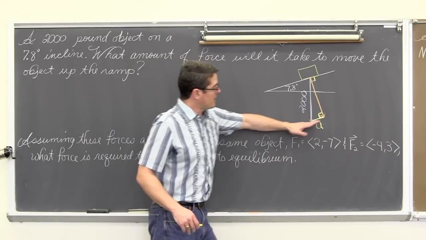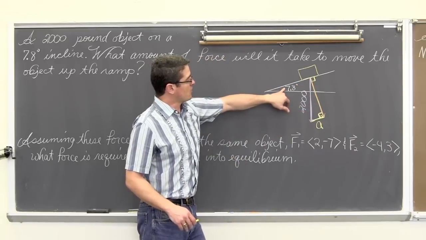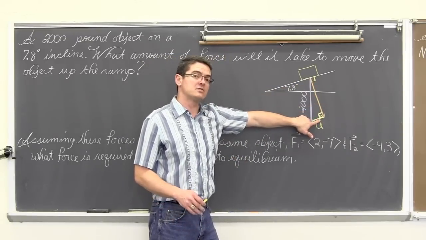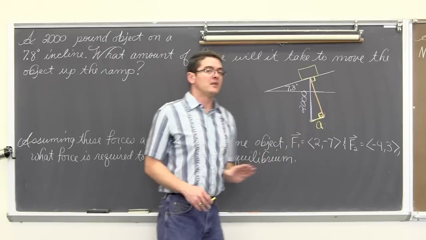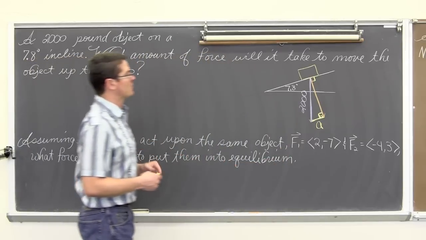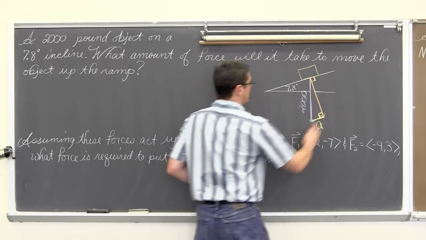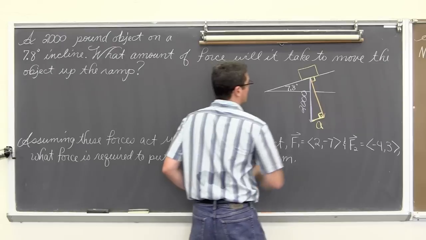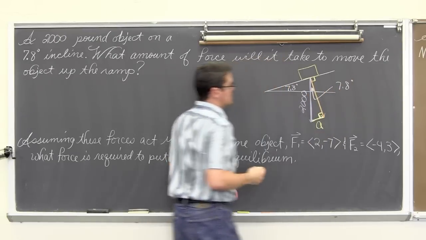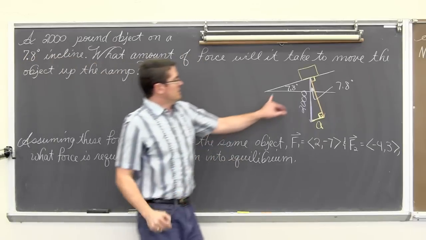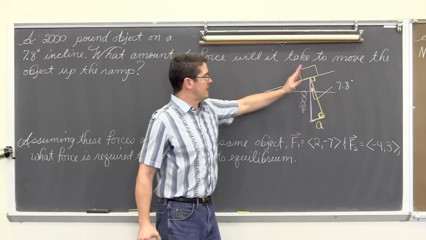And then we have some force here at a slant at the same 7.8 degrees that we have for the ramp itself. If we find the length of that vector, we're going to find the amount of force it takes to keep this object steady, and then anything greater than that is going to move the object up the ramp. So if this is 7.8 degrees here, then this little angle right here is also going to be 7.8 degrees. I'm just taking this triangle and rotating it and flipping it down, kind of sort of.